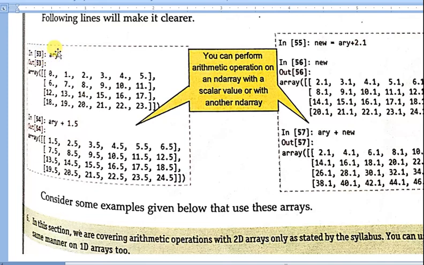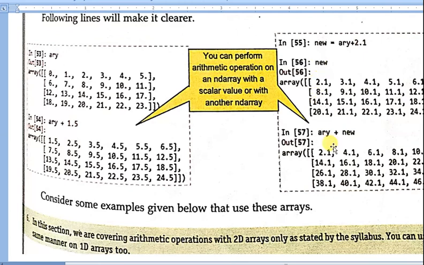This is the array ARY, and array plus 1.5 adds 1.5 to each and every element, so 0 plus 1.5 is 1.5. The same thing you can achieve with the numpy function. Here, with two dimension arrays, you can add two arrays.